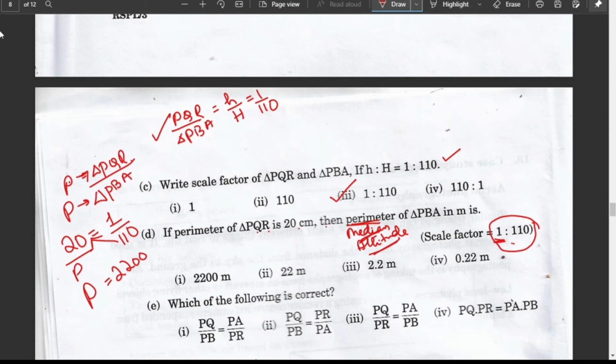Okay, let us check here. Now the most important point, see this is how they confuse you. This is in centimeter, we already got 2200 and we would tick this answer. No, check the units: for the centimeter, the options given are all in meter. So convert this centimeter to meter, then check your option. So it will be 22. Do be careful with the units.